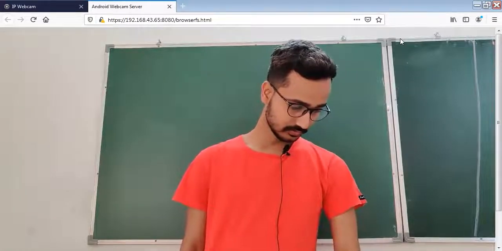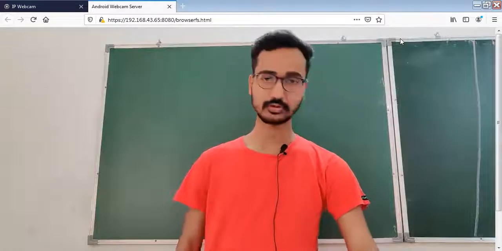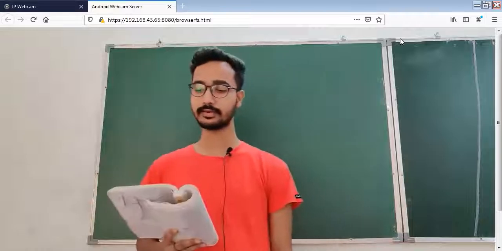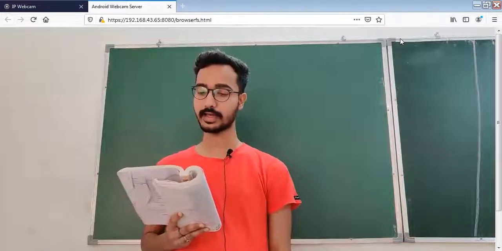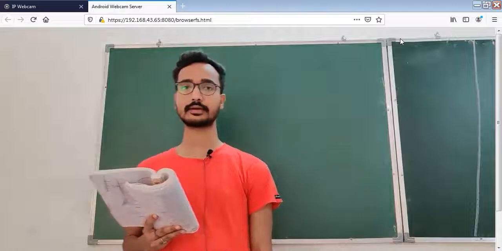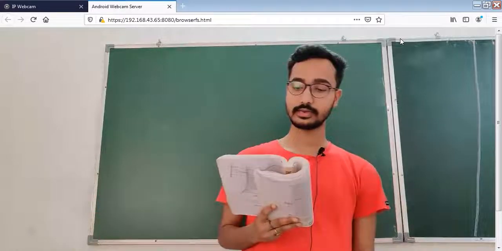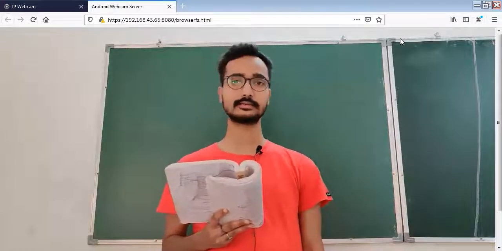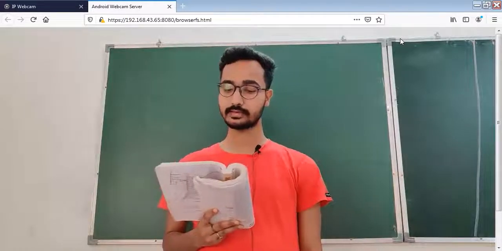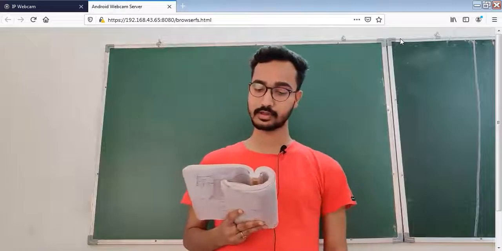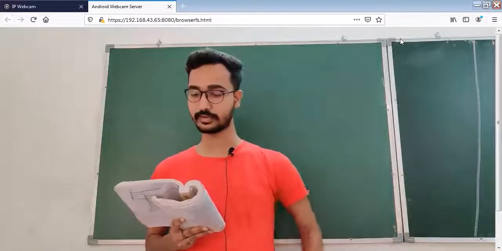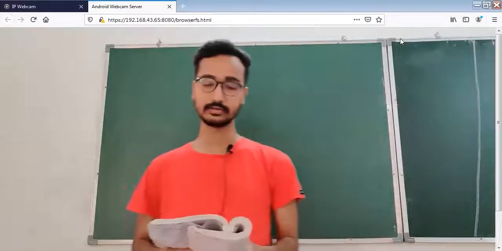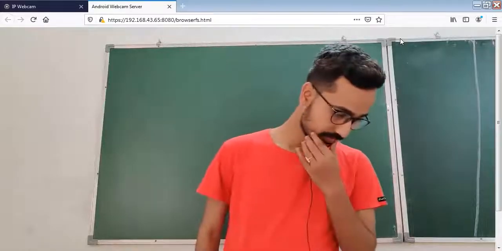Read the question. The question says that a 1.2 meter tall girl spots a balloon moving with the wind in a horizontal line at a height of 88.2 meter from the ground. The angle of elevation of the balloon from the eyes of the girl at any instant is 60 degree. After some time, the angle of elevation reduces to 30 degree. The figure is also given in the book. You have to find the distance traveled by the balloon during the interval. So the figure is already given.